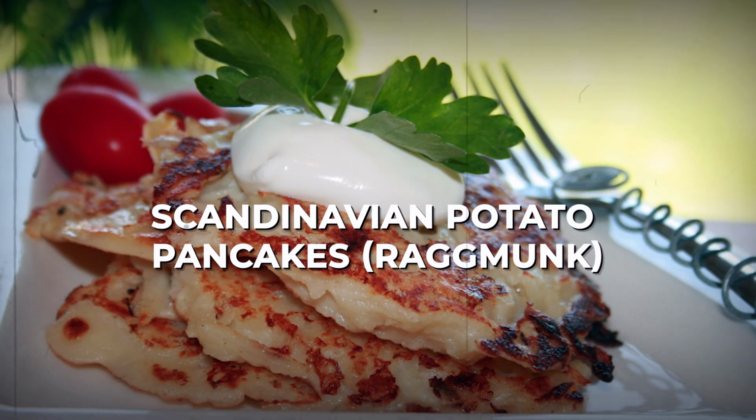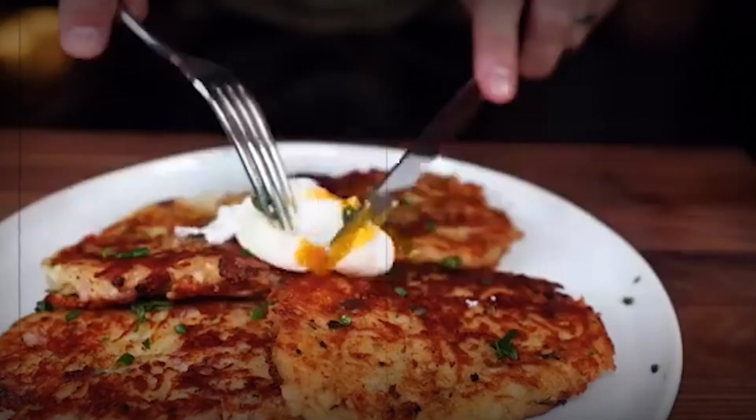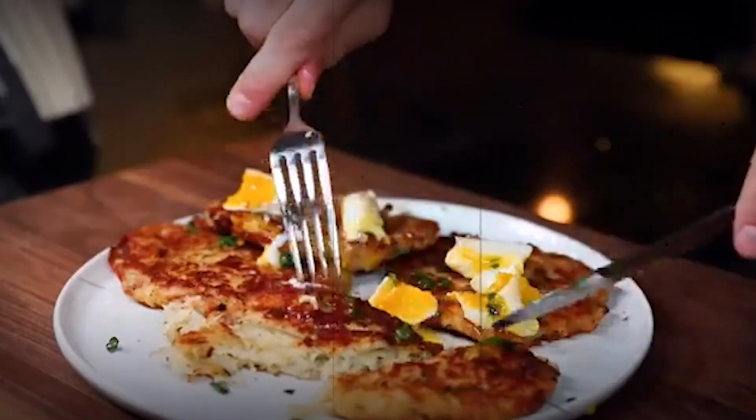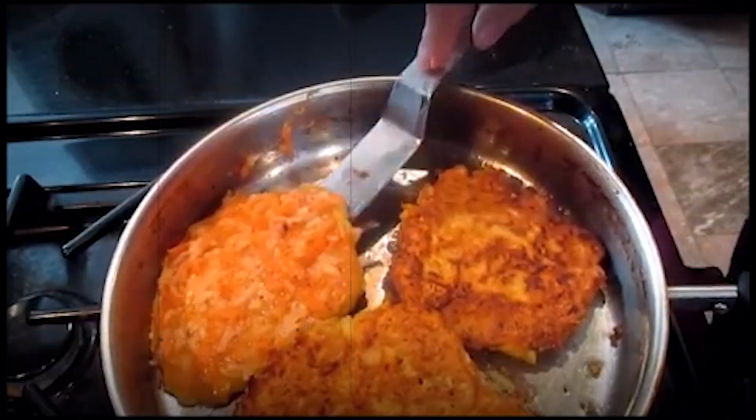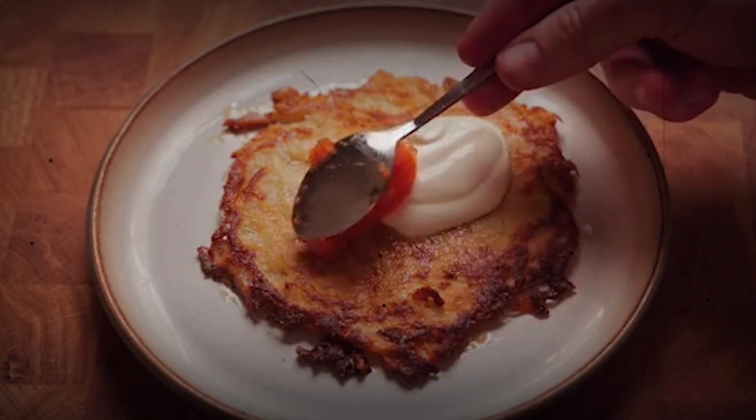Scandinavian potato pancakes, ragmunk. In the chilly kitchens of Scandinavia, where winters stretched long and fresh ingredients were precious, the potato pancake, known as ragmunk, became a beloved, thrifty staple. These crisp, golden pancakes, made from grated potatoes and a simple batter, turned humble root vegetables into something festive, filling,